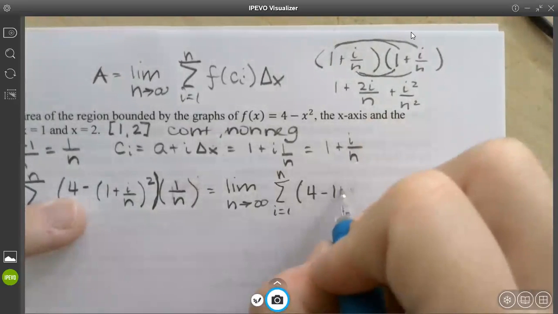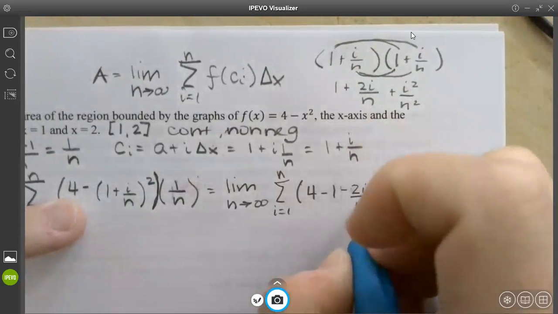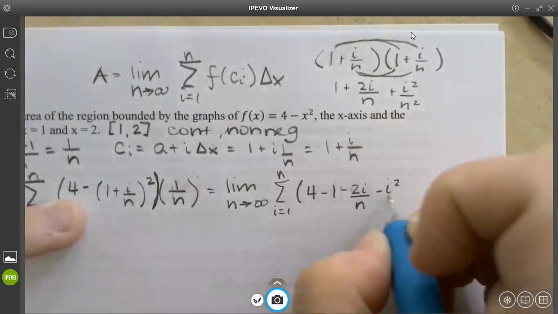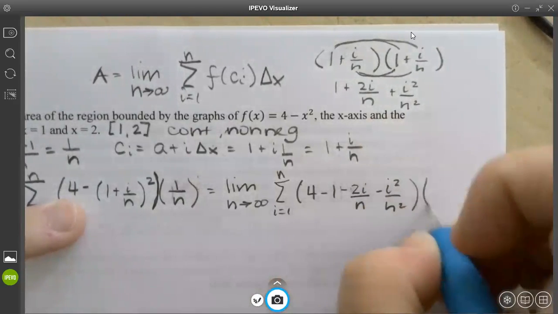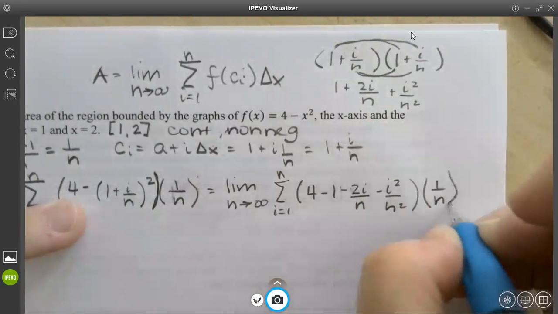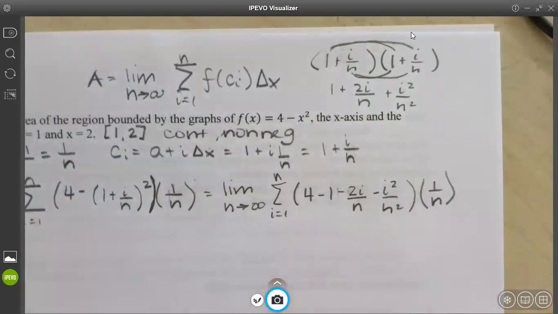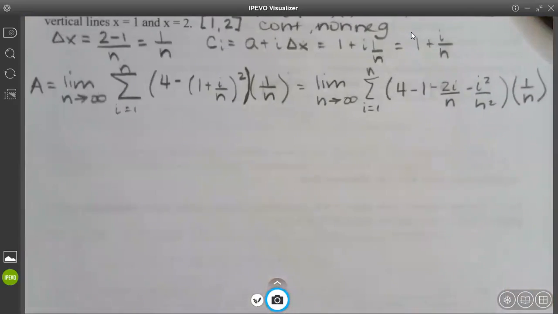So minus 1 minus 2i over n minus i squared over n squared, still times 1 over n. Clean it up some more, and you can multiply your n on your denominator, and you can multiply to every denominator. So just to shorten it up,